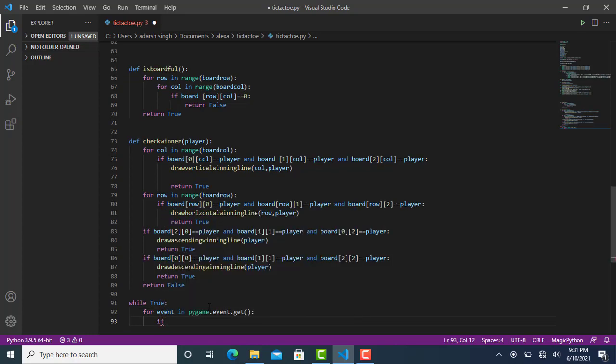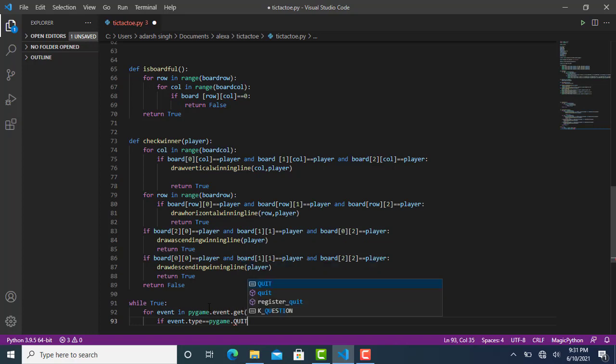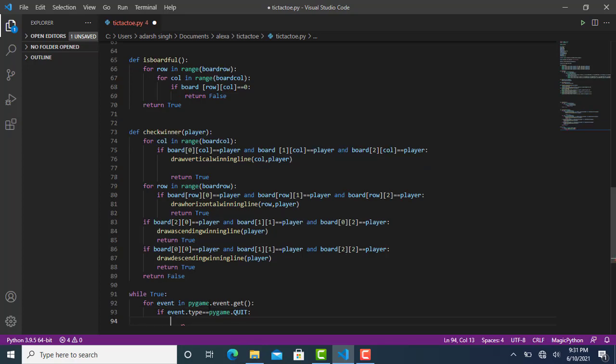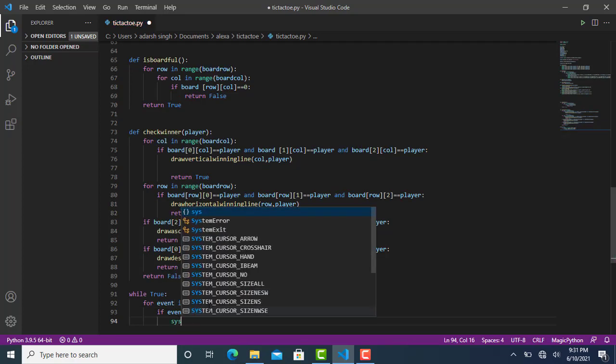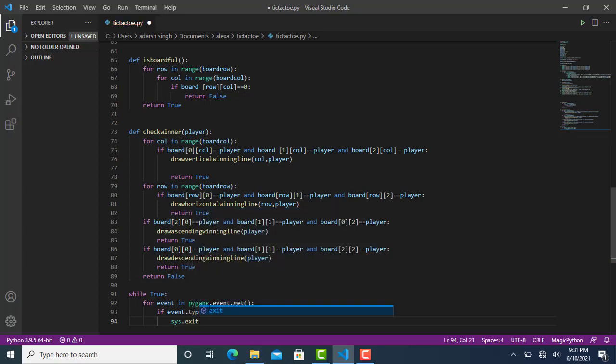Type if event.type is equal to pygame.QUIT. Close it. Press enter. Type sys.exit with brackets,